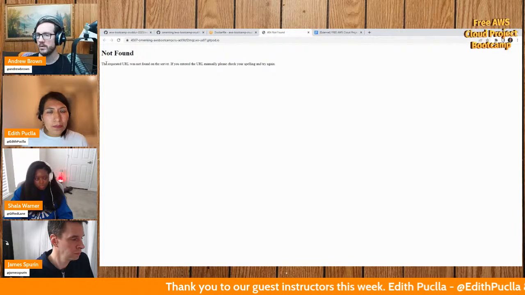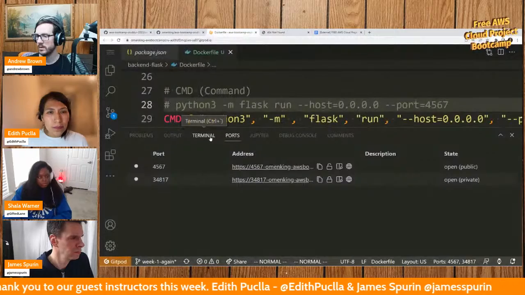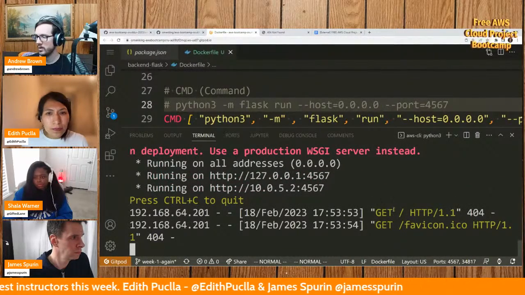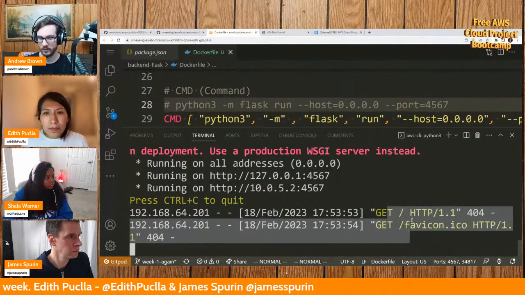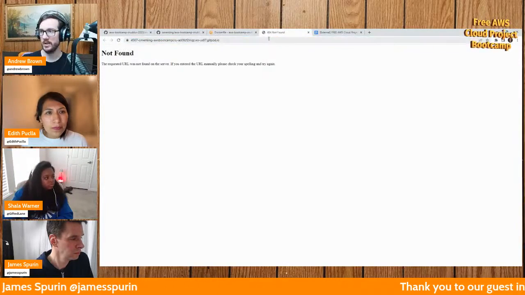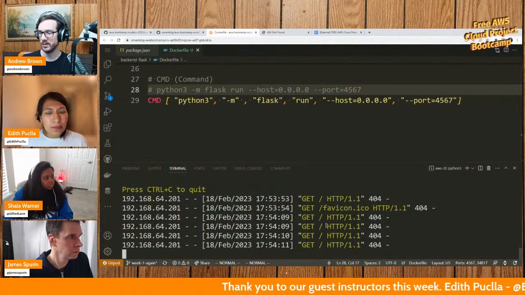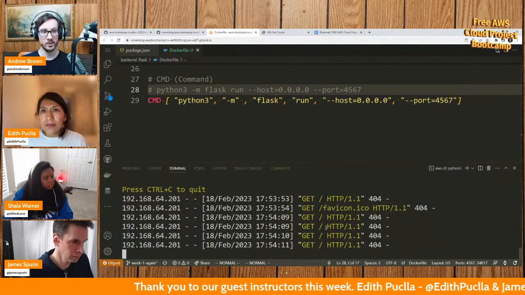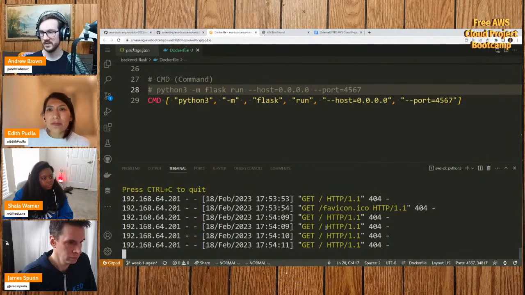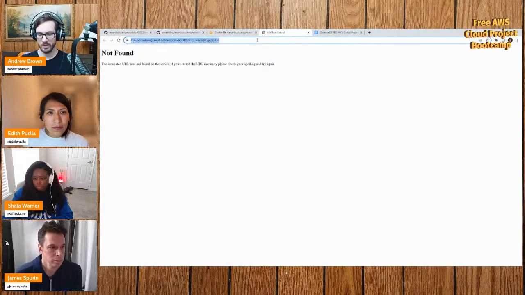And it says not found. The requested URL is not found on the server. I think that's okay. Let's go back here for a second. Notice that we have a 404. I'll just make this a bit smaller. Every time I refresh this page, look at this, it's getting requests and it's going 404, 404, not found. So the server's running and it's accepting requests. That is good. But it's saying that nothing is showing up, which is totally fine